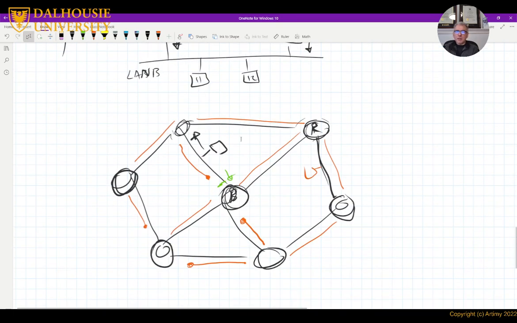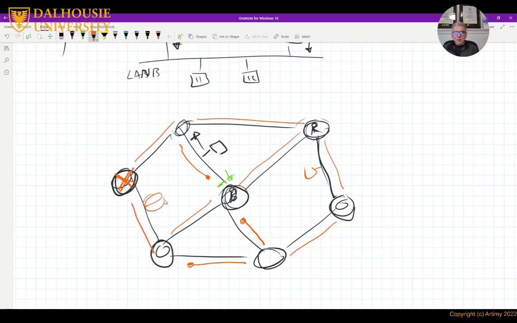So if I make this tree permanent, what happens if a link breaks? The network does not adapt. But with spanning tree, in case a link breaks, let's say this bridge fails, the spanning tree rearranges itself and the traffic now goes this way, right?